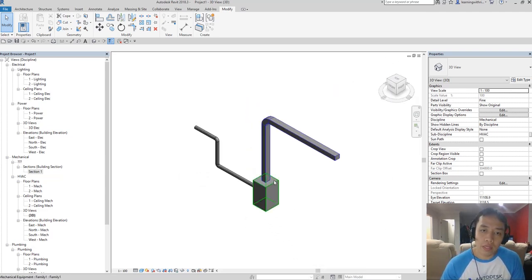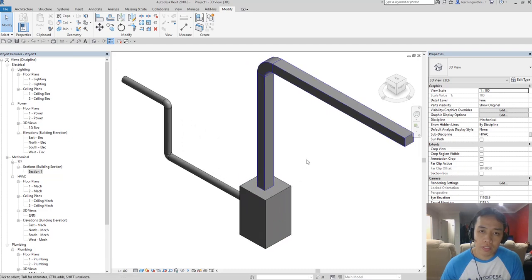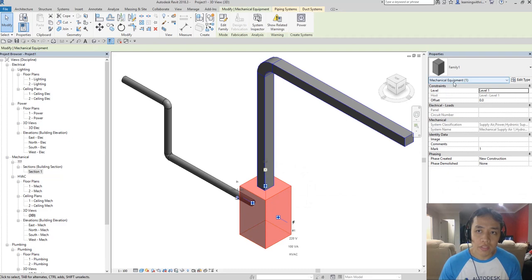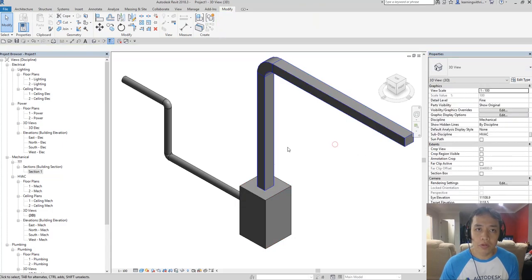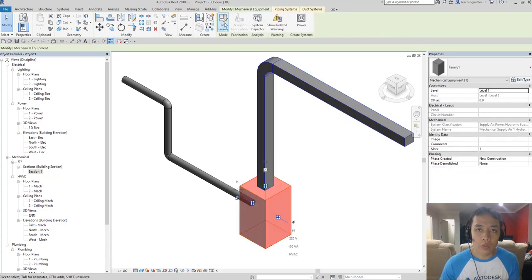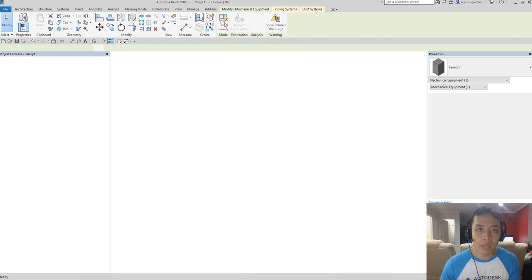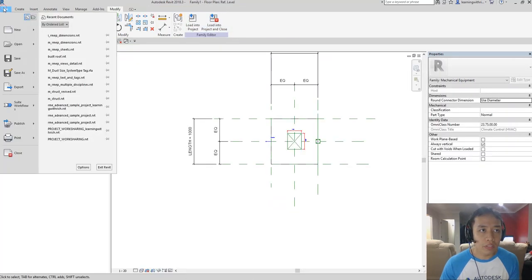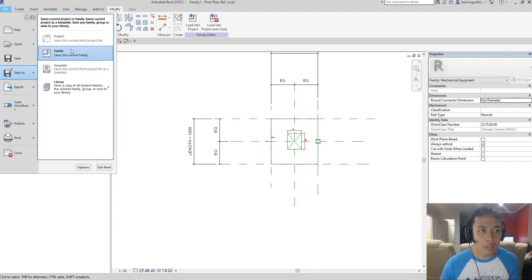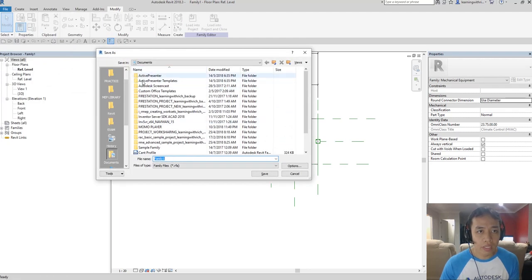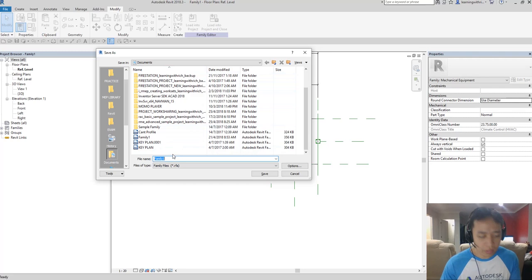Now, another thing that I would like to discuss is how you are going to create a new family type. Because as you can see, if I click this one, it's just called family one. There's no proper name. So what I'm going to do is select this, edit the family, and then let me save it first. I will save as family. So I'll just save it here in my documents. So let's say this is my